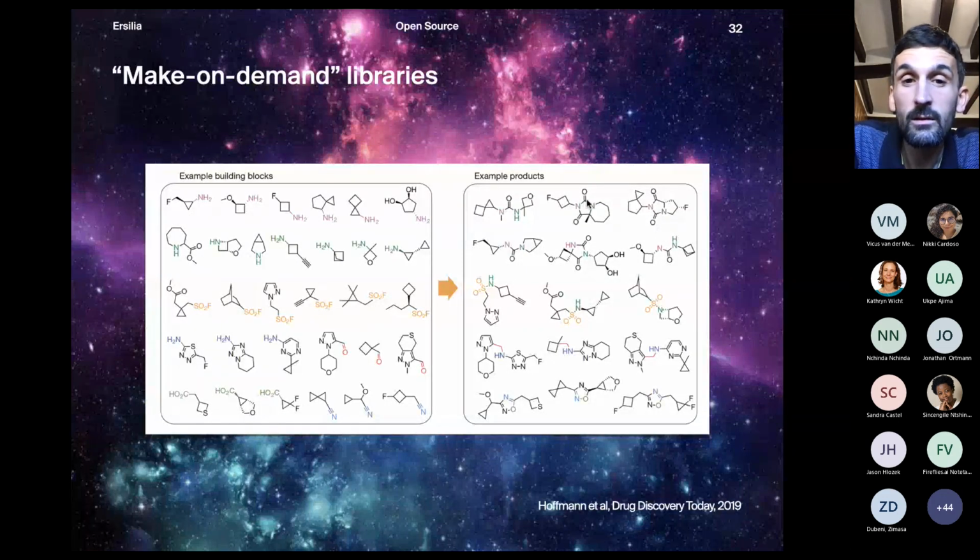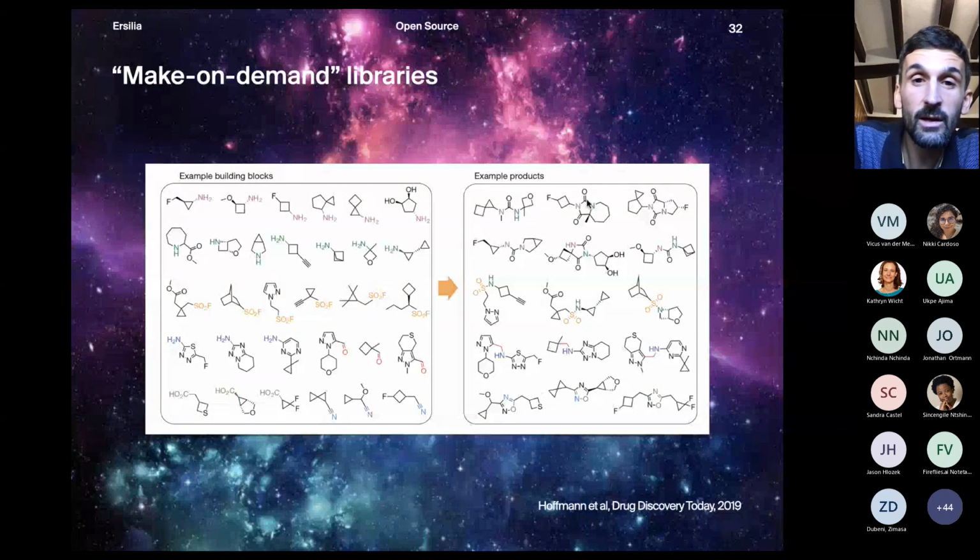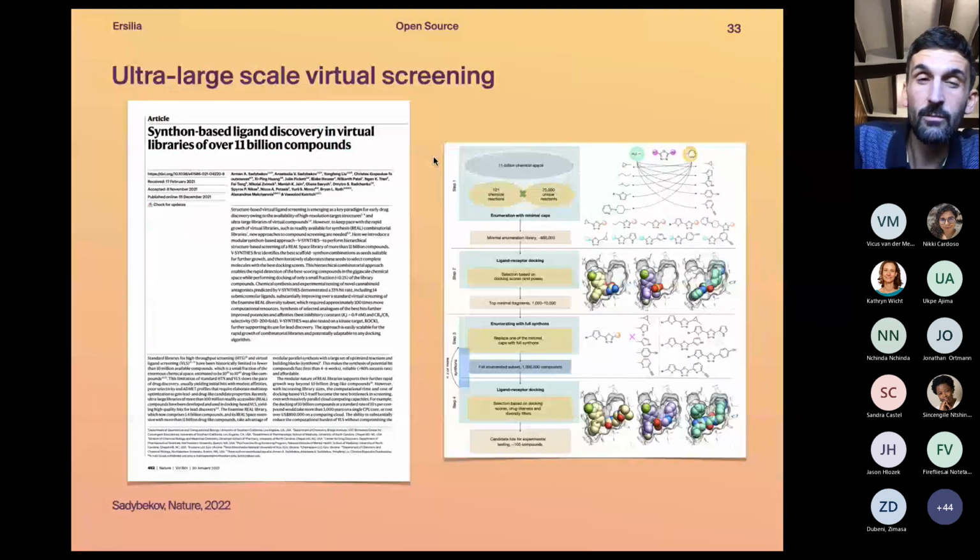and it provides them publicly, so we can all screen those compounds, come up with some hits, go back to Enamine, purchase those compounds and eventually test them, right? So this concept of make-on-demand libraries is becoming quite popular, and many of the AI tools that we are developing leverage those libraries to speed up the screening. How big are those libraries? As I said, over 10 billion compounds, so quite big.